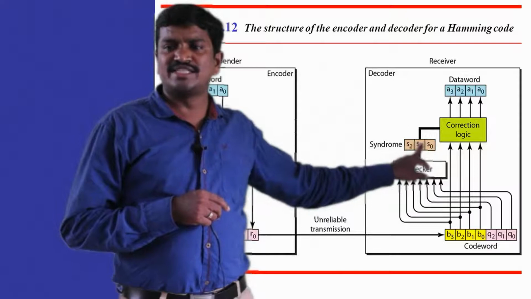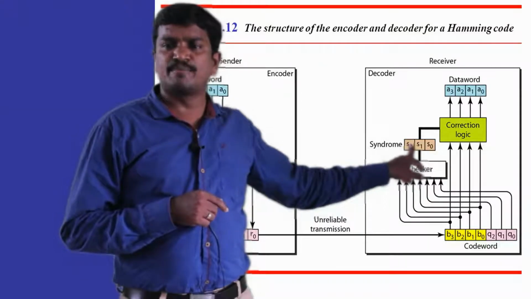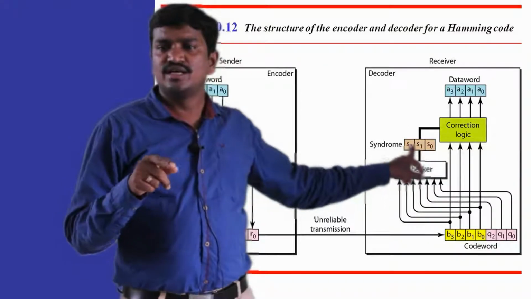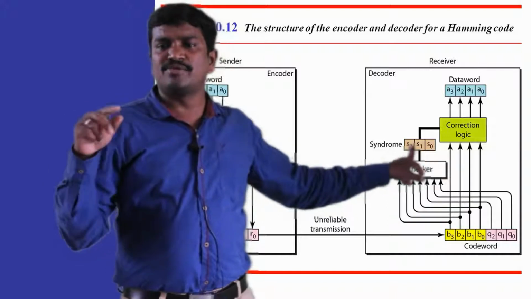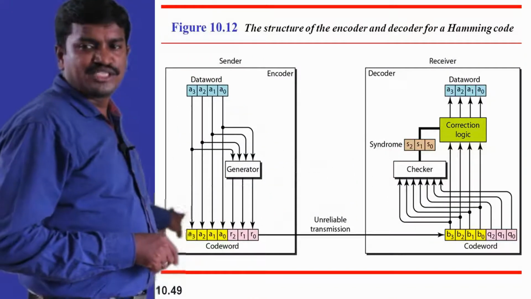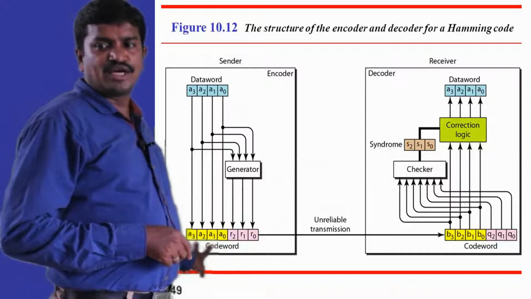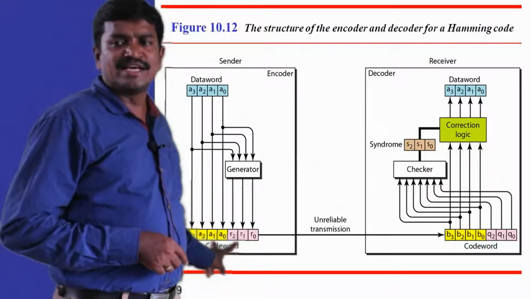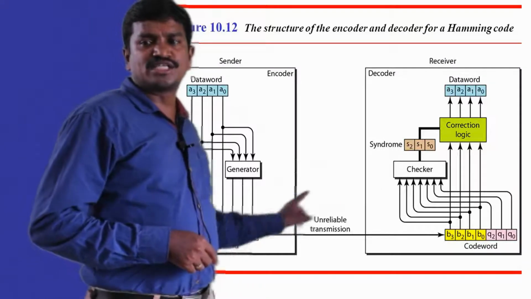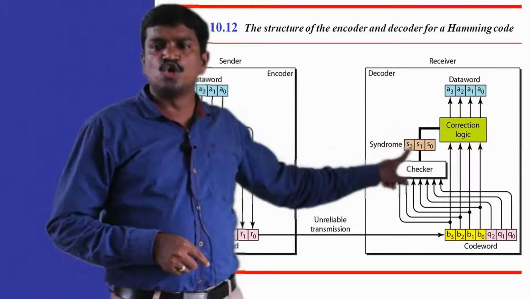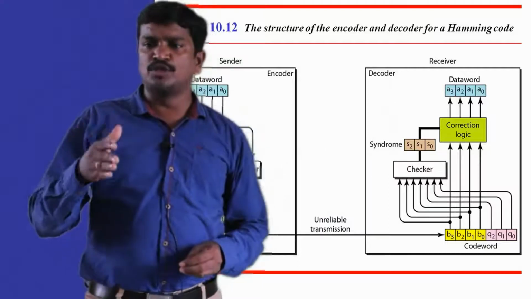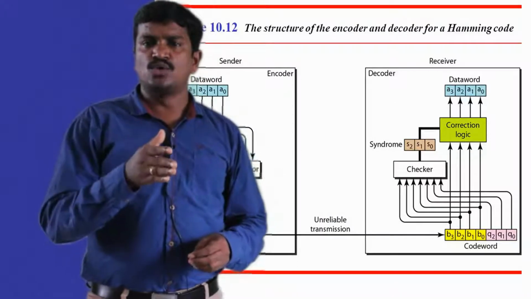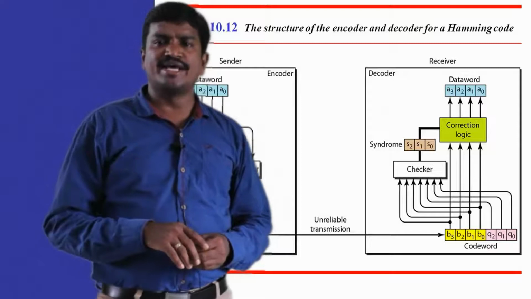When the syndrome has 3 bits, it can represent up to 7. 2 power 3 gives 8 combinations, and the maximum value is 7. In the data unit, the code word has 7 positions, and these 7 positions are addressed with this syndrome. If the syndrome is 0 in all positions, S0, S1, S2 all 0, then no error has occurred